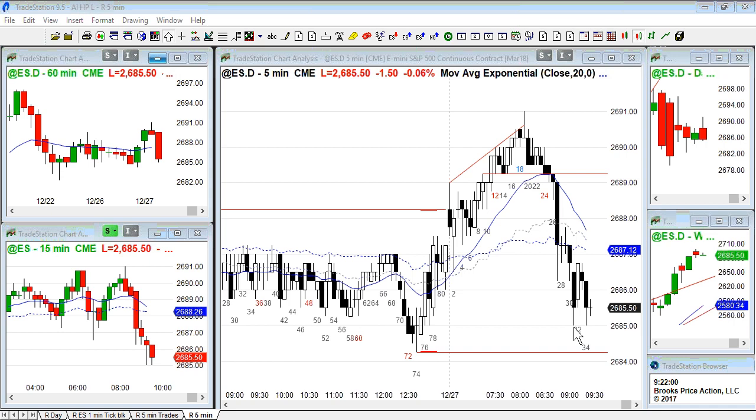Even though it's a double bottom, 34, 31, it's still a type of a wedge. It's 3 pushes down, in which the bulls were so eager to buy. The third push down, 34, could not fall below the second push down, 31. So the bulls have a swing buy above 35, but a tight bear channel, still probably a minor reversal,